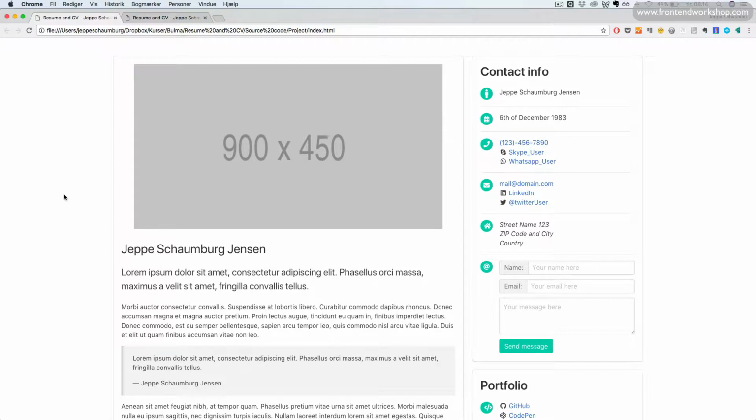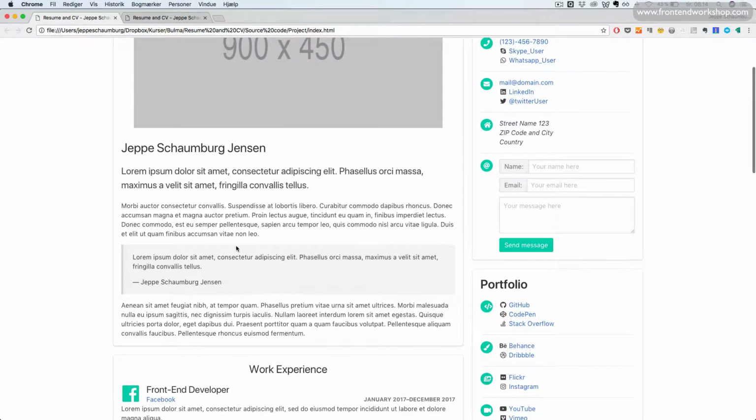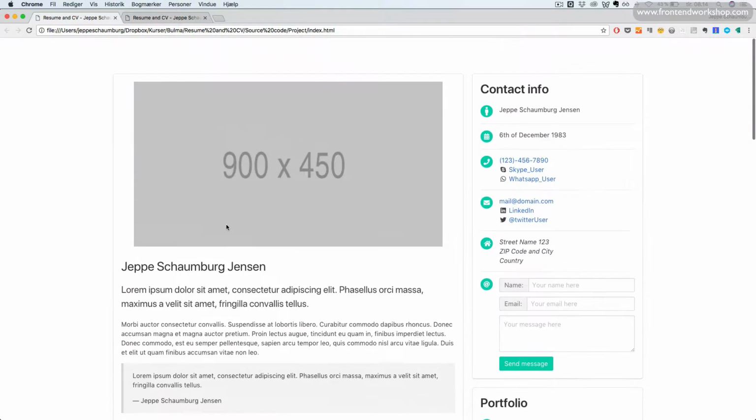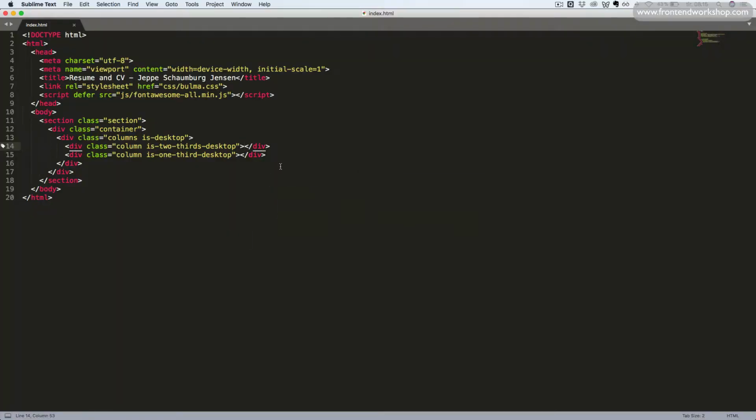We will now create the box for the introduction section. This contains a large image, a title, and some text, including a block quote. In our code editor, we start inside our first column, and we add the div tag with the class box